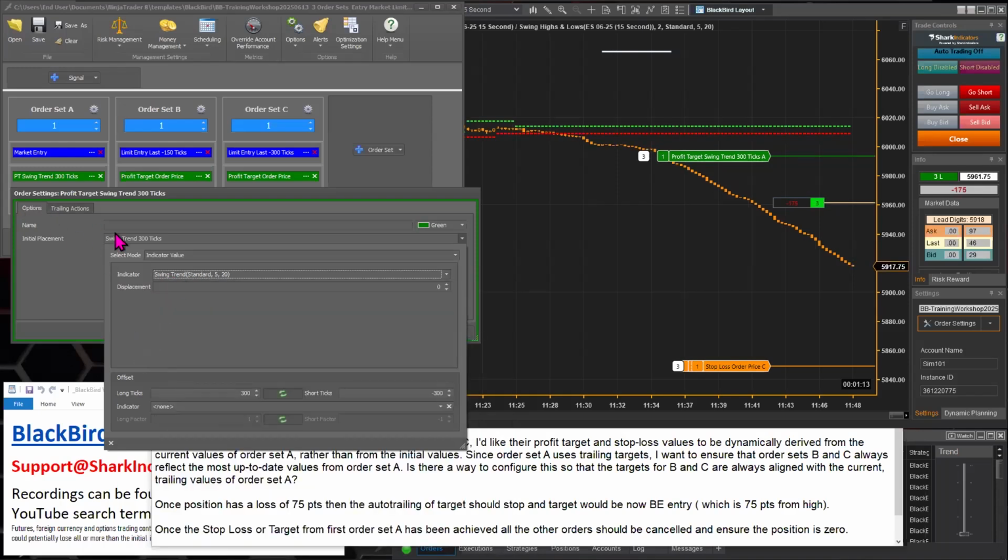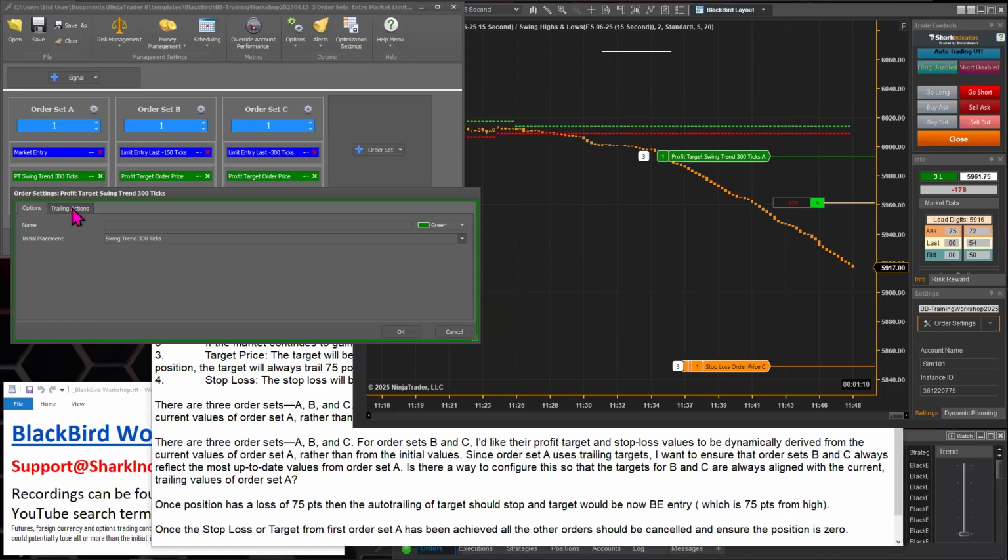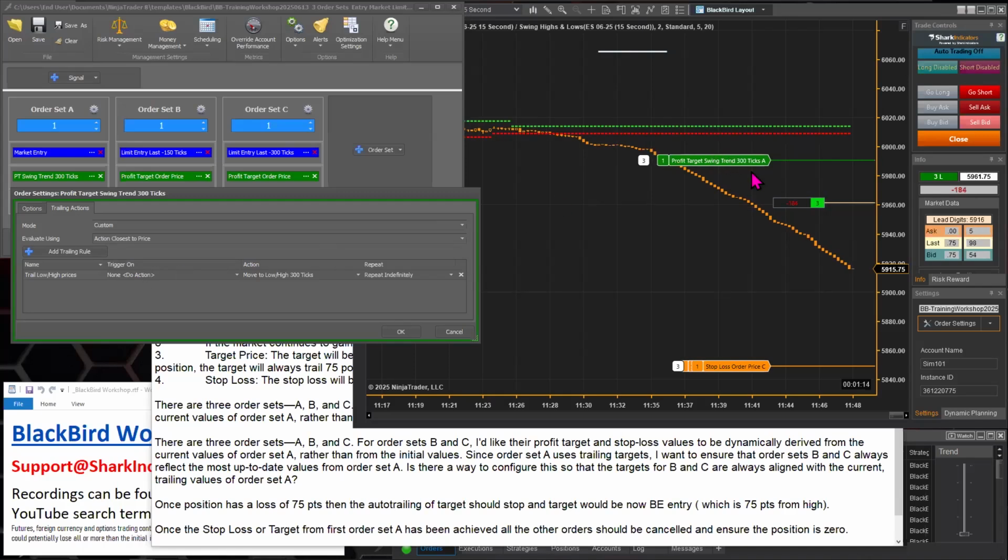So that's the initial entry. And the next is the trailing for the profit target here. All right, so there's no trigger, right? So that trailing kicks in immediately. Oh, and there we go. Sorry. So we just had our entry for order set C just filled, and all the profit targets